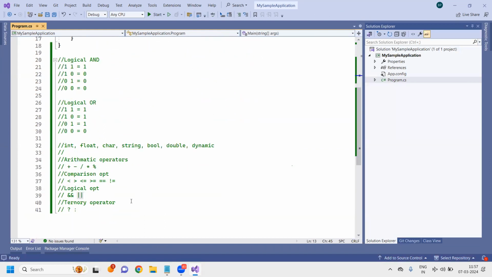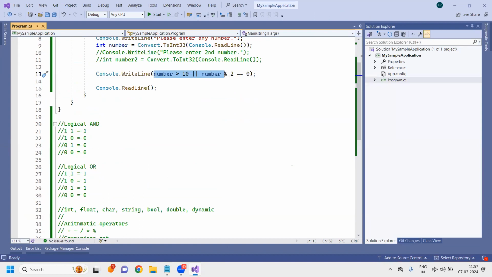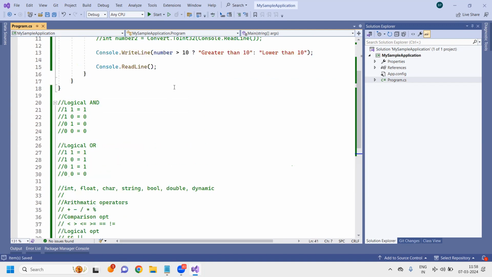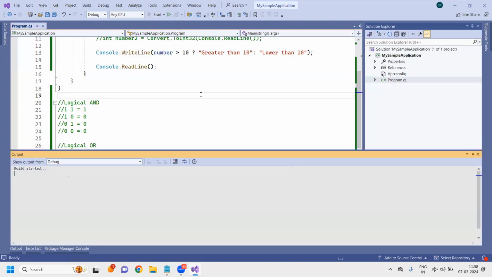Okay, we'll go with the ternary operator quickly. Ternary operator क्या करता है, वो if else statement होता है कि अगर नंबर 10 से बड़ा है, question mark, यहाँ पे प्रिंट करो greater than 10, अगर नहीं है, lower than 10। ओके, तो ये हो गया आपका टर्नरी ऑपरेटर। ये आपको एक कंडीशन के बेसिस पे आपका आउटपुट चेंज करने में मदद करता है। ये कंडीशन अगर ट्रू है तो ये प्रिंट होगा, ये कंडीशन अगर फॉल्स है तो ये प्रिंट होगा।